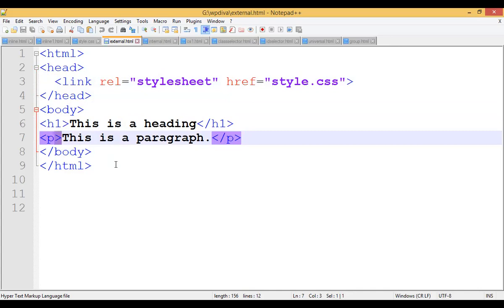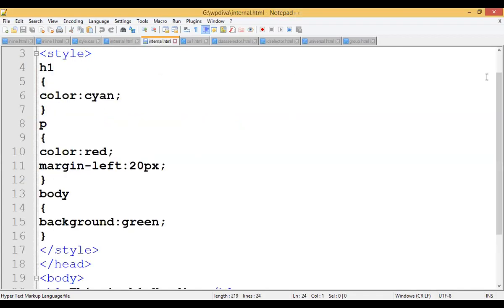Now let us see the third type of CSS. Remember guys, they will ask you a 5 marks question, which is very important from CSS. They will ask you to explain different types of style sheets. There are 3 types of style sheets, and they may also ask you for code. They may ask you to create one style.css and show the application of style.css to the external HTML. So they may ask you the code also.